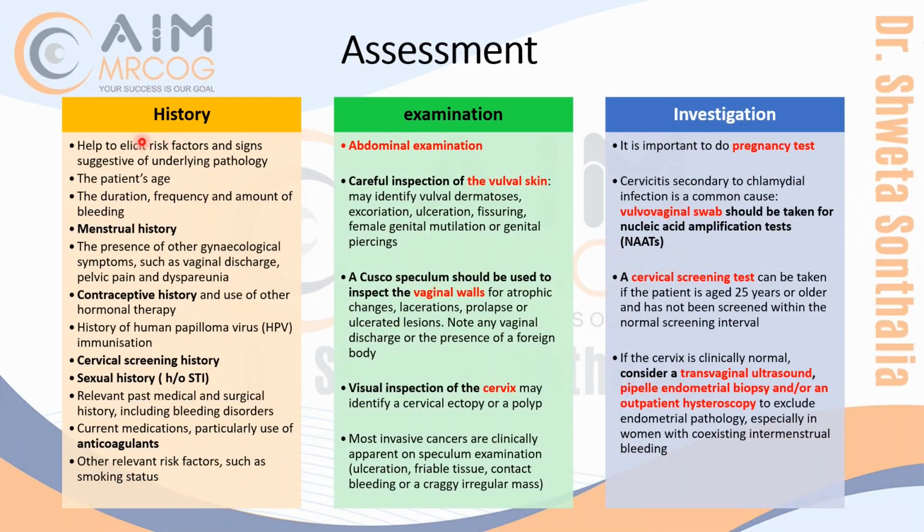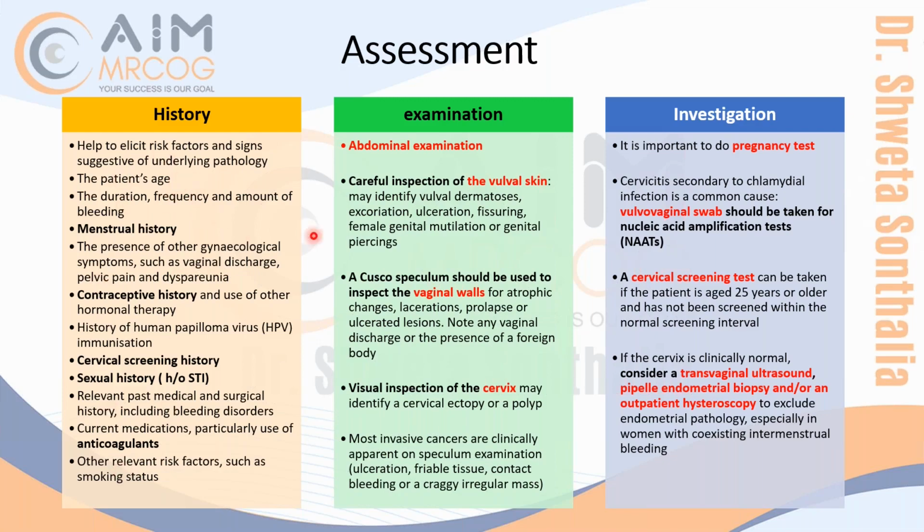Okay, so if you read the talk and extract the points and make your notes like this, in the right manner, then in history you have to look for menstrual history and contraception, because it could be related to contraception, then cancer, sexual history, and whether she's on any medication. So these are the histories you will take.